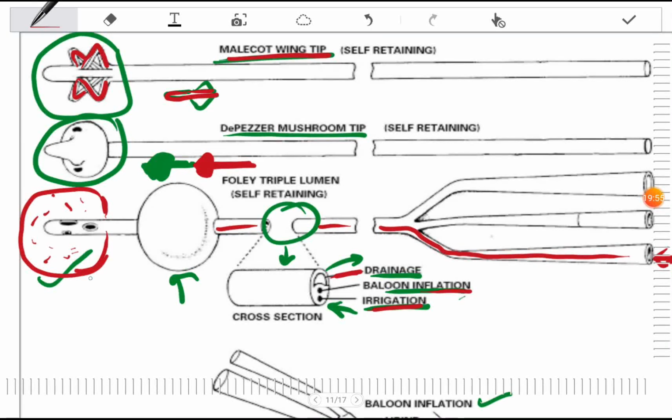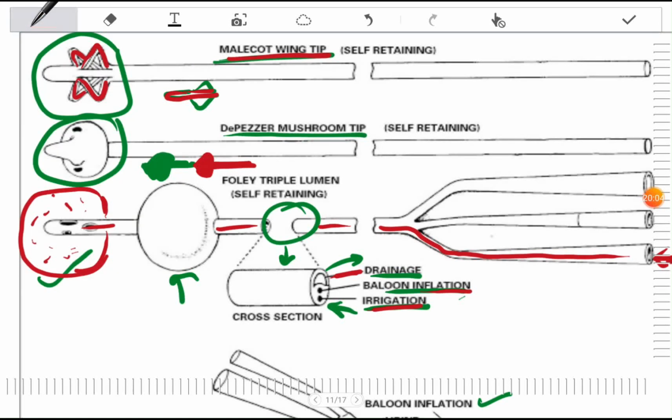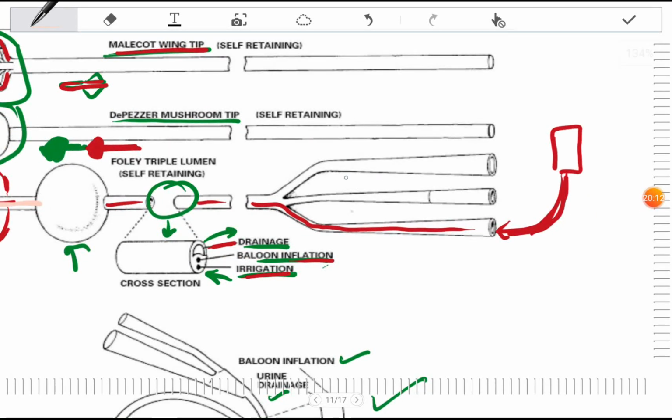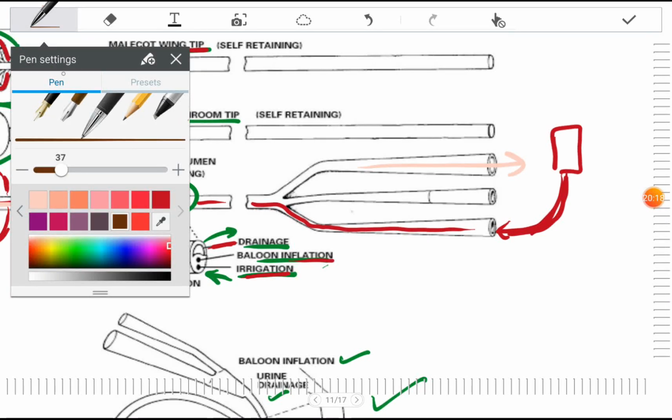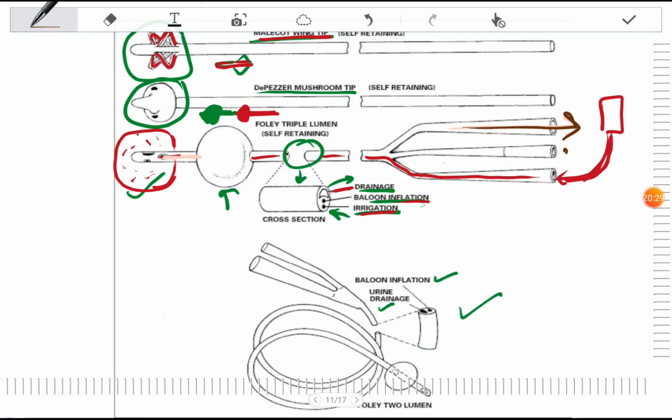Once it's done, I'll use a different color for this one because it will be easier. So once the irrigation work is all done, the irrigant is then drained through the drainage port, like this is the outlet, this is a very light color, so drained from this port. So this one here is the balloon inflation port. Actually it is not visible much in the diagram. So the balloon inflation is used to inflate this balloon.